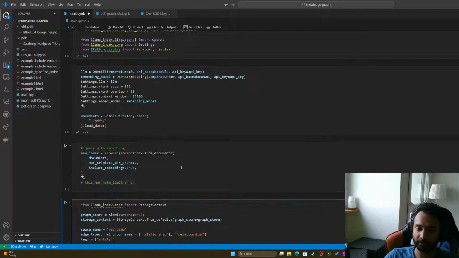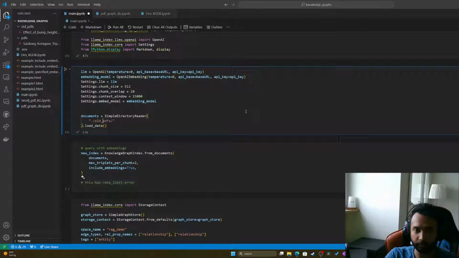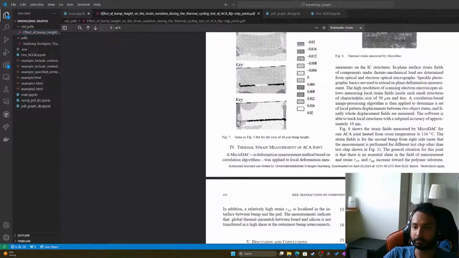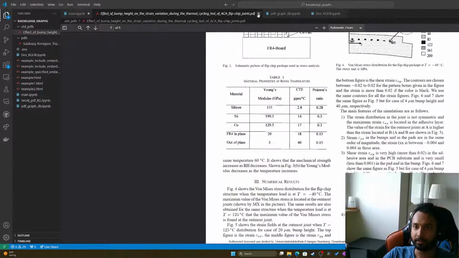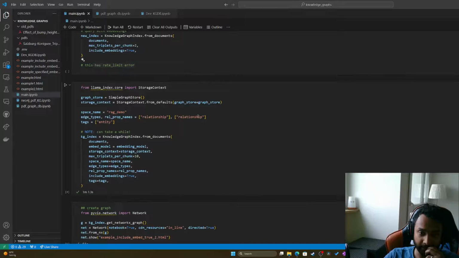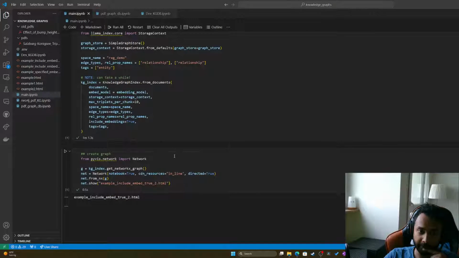This is just a thought process. Let's go to old PDFs for now, because there's a research paper with a lot more text here. So I believe we'll be getting a bigger knowledge graph. If there are any other settings that we need to tweak, I don't know. But for now, I think we will be getting,